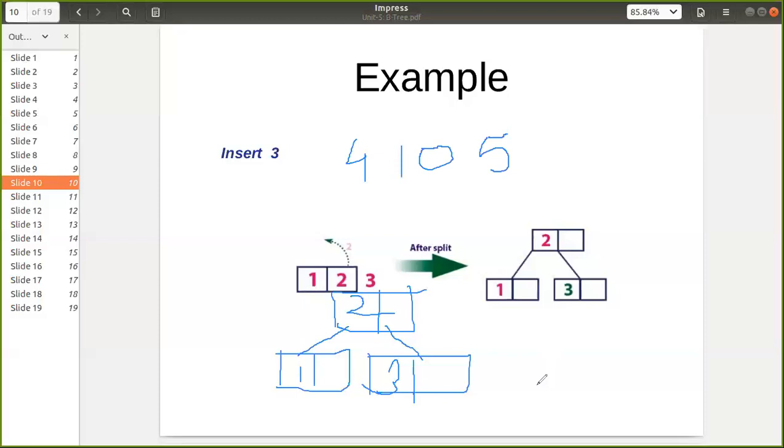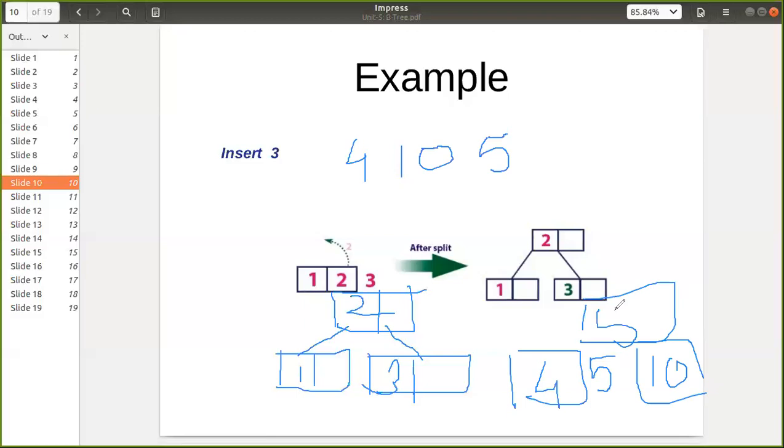So 4 5 will get inserted here, 10 will be shifted here, and as 10 cannot be accommodated here, this node will be splitted. So 4 will be one node, 10 will be another node, and 5 will be shifted one level above. So this is 5. This is your tree in this situation.